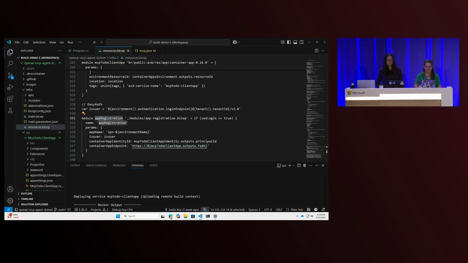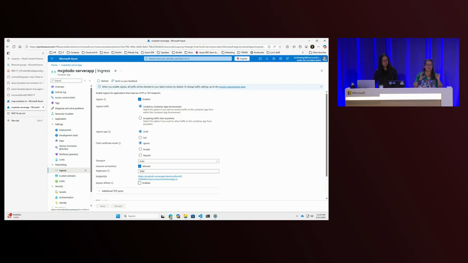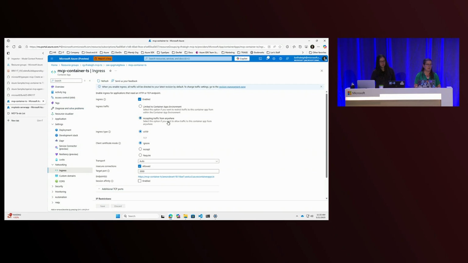And while it's deploying, I'm going to show you one thing in the portal. We don't have to do anything. I'm just showing it to you. So in this case, our server and our client are deployed in the same ACA container app environment. And we're limiting traffic to be to things within that container environment. So nothing else can get in, versus the MCP server we deployed the first time, so we could use it from GitHub Copilot, which accepted traffic from everywhere. So we've secured it in this particular instance.